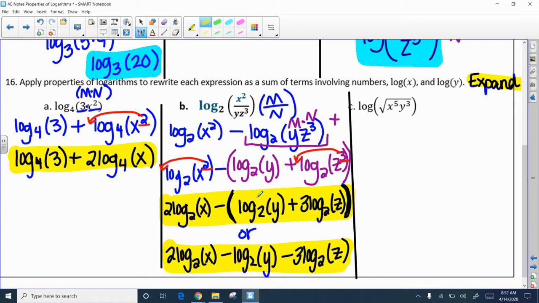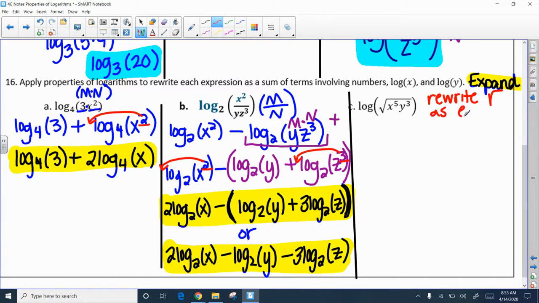So either you need the parentheses around these, or you can distribute the negative, the minus, and make those both minus. All right, so that's what B looks like. So we've got one more example. Now this one, something you'll notice is this has a radical in it. So before we can use any of the properties, we actually need to rewrite the radical